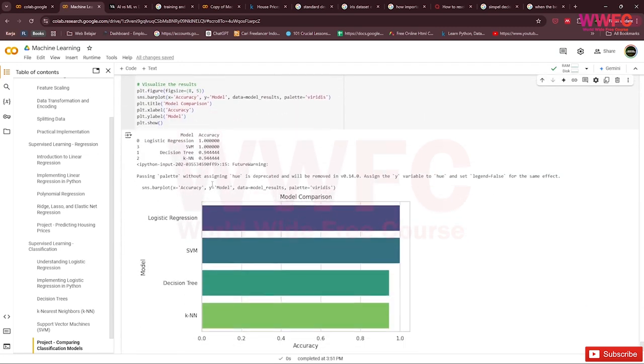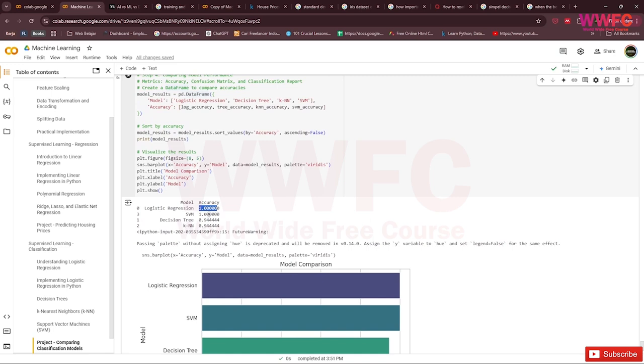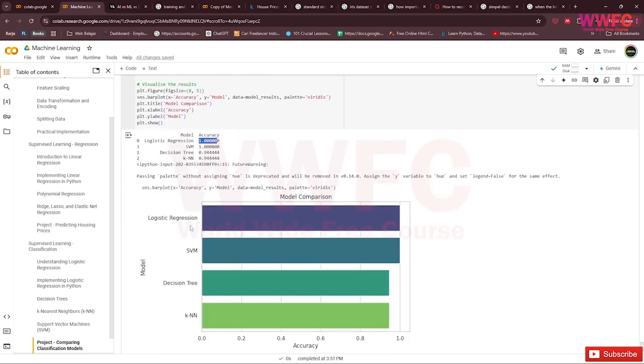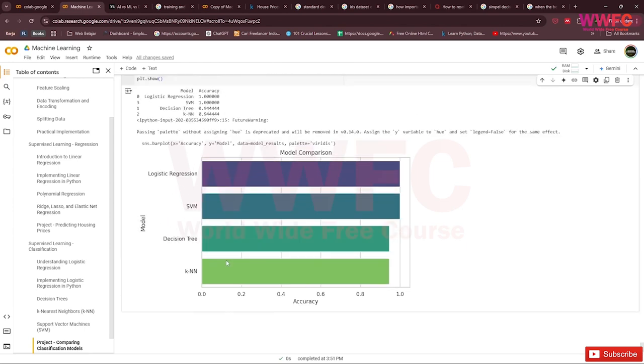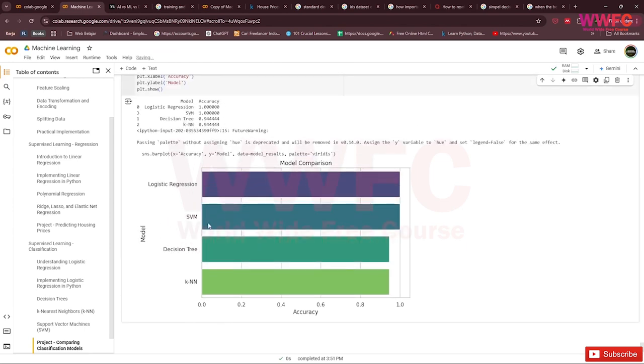You can see logistic regression is 100% accuracy, SVM is 100% accuracy, but decision tree and KNN are just 94% accuracy, right? So decision tree and KNN are much lower than logistic regression and SVM.